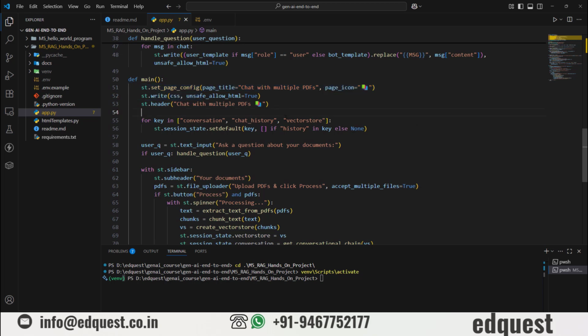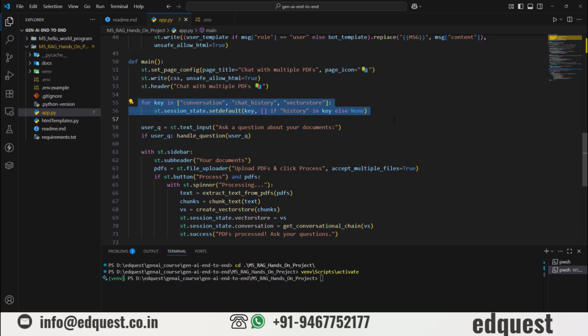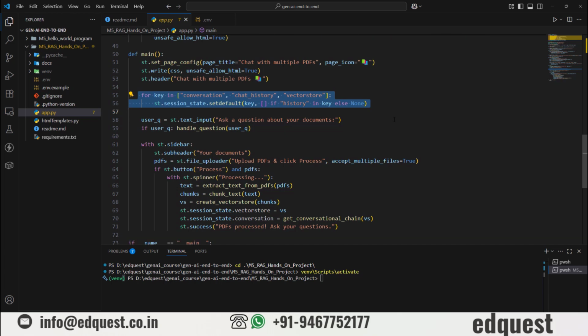Next, we apply some custom CSS for styling and we render a clear and prominent header, "Chat with multiple PDFs." Here I am making sure that three key variables are always available in the app's session state: conversation, chat history, and vector store. This step is crucial to ensure the statefulness of our app. It means we can keep track of uploaded documents, past questions, and chat responses even as we interact multiple times